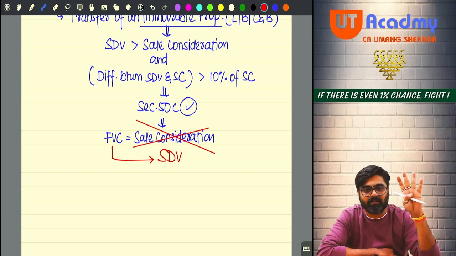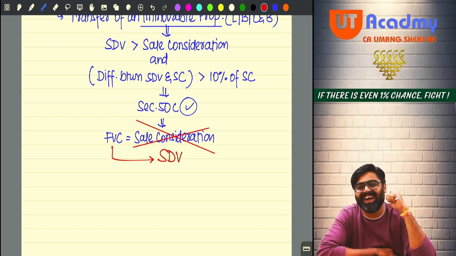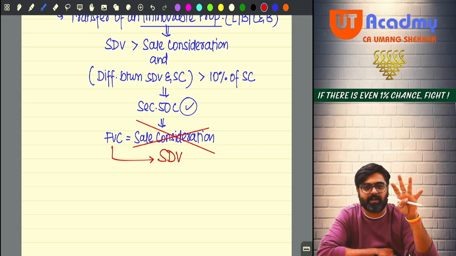Because nobody is that loyal or that honest to pay tax on the entire amount of sale consideration, except for people like me. You don't find people like me. I'm telling you the fact. When I bought this house, which I bought 3 years back, the cost of this house was 50 lakhs. A 3 BHK flat, very good. And the builder was asking 50 lakhs.